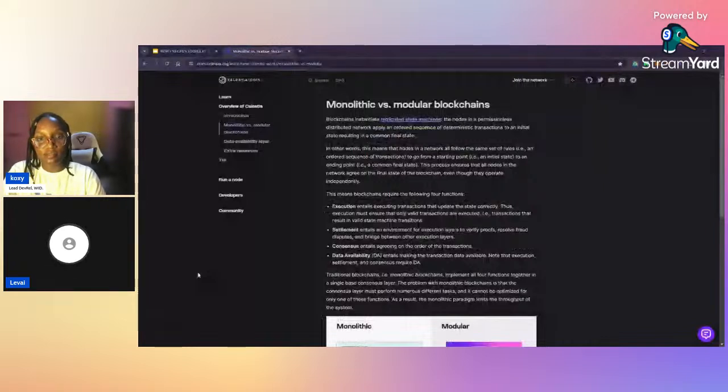All right. So, if you notice, this is the documentation site for Celestia. If you notice, this is the navigation to go to the previous page. The previous page from here, you can see that it's the overview of